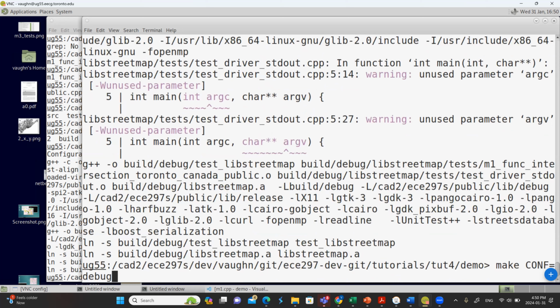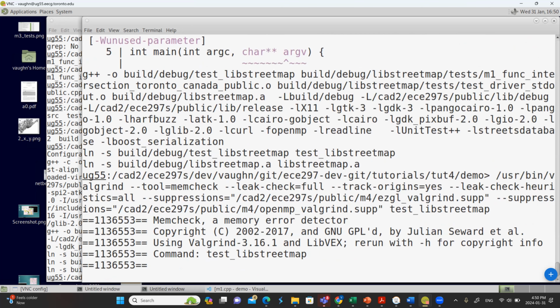Okay, so now I built the code again. I run that Valgrind command. And now it's actually doing something useful. Basically, it ended right away because I had actually built the unit test after I completed over. So I have to remember to build them.